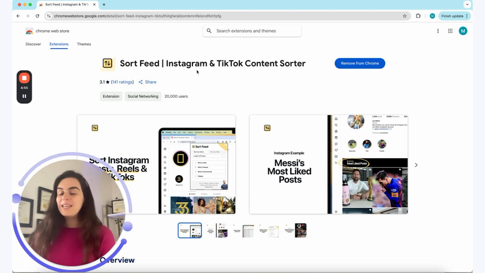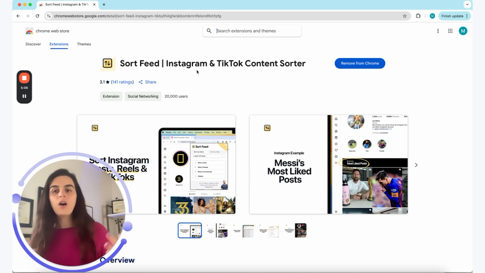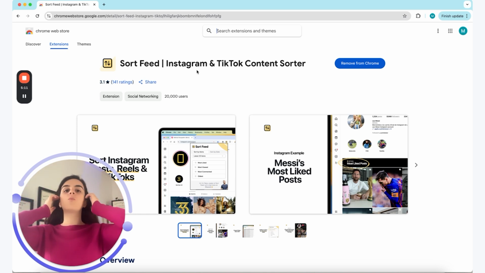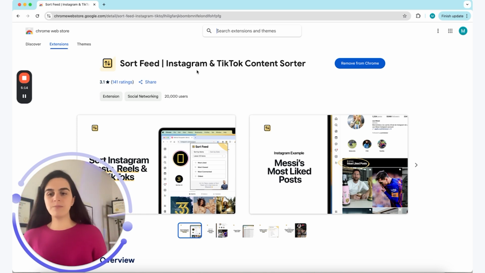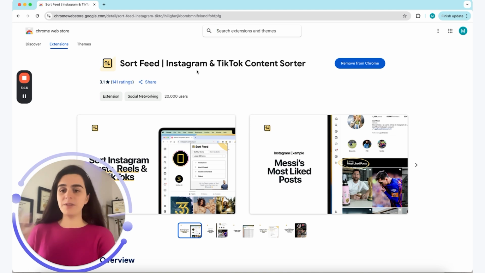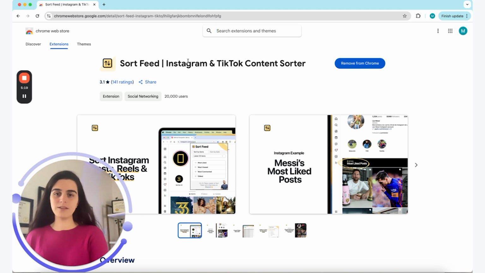Money's not important if you are building something epic, but there was also a lot of hassle when I was using Viral Finder. Maybe it wasn't the same experience for others when it came to sorting content, but sometimes it was glitchy or laggy, or it wasn't very optimized. And once I found content, I had to manually collect my thoughts. Maybe there was an export button, maybe there was not. I never had the export button. I don't know where it was, even if it was there. So anyways, it was a lot of manual labor that we are not here to do. We are here to make it as effortless as possible. So I've already got this installed, but go ahead and install it if you don't have it yet.